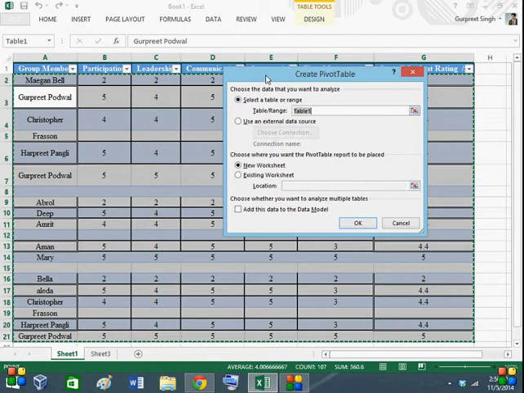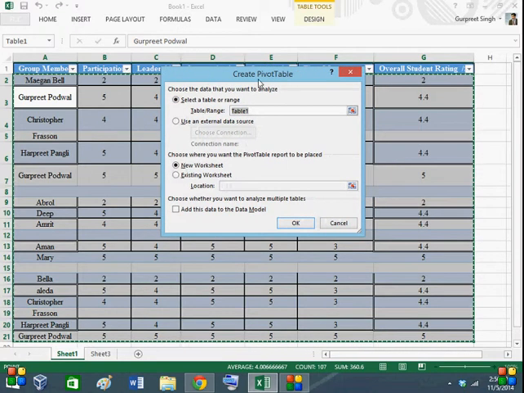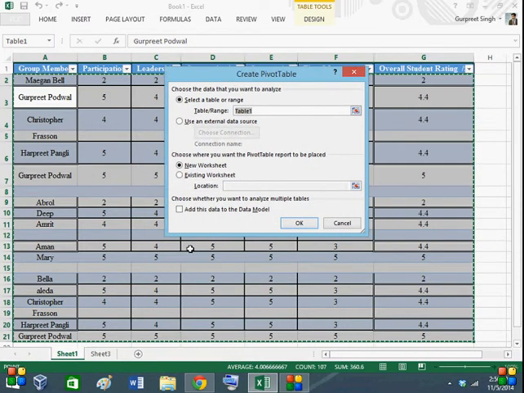Pivot table pops up a dialog box with the heading create pivot table on the top, and this range over here, table 1, tells me the data I have selected. If there's a whole bunch of complex data and I haven't selected any of it, this field is going to be empty, and you cannot make a pivot table out of it. So you have to select the data to make a pivot table.